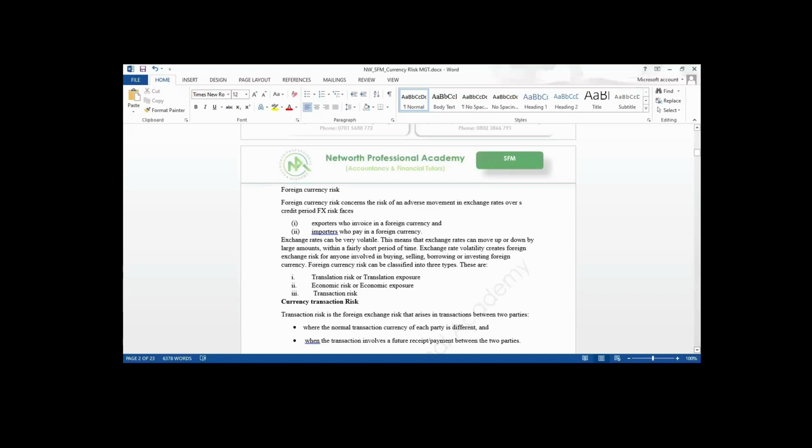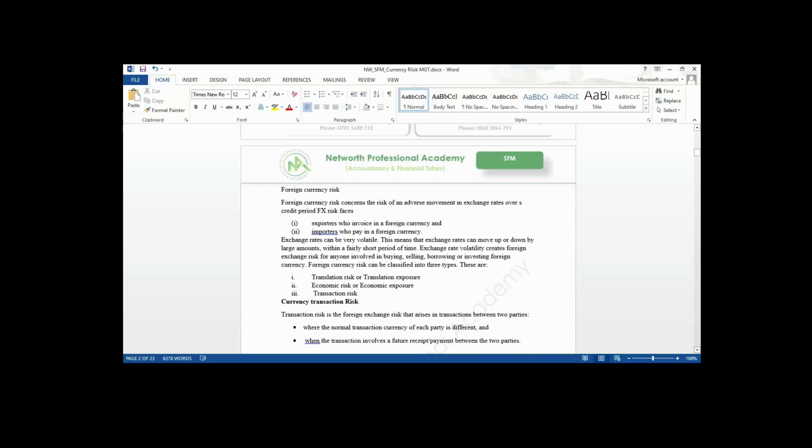One is transaction risk. You also have translation risk. Then you have economic risk. Transaction risk